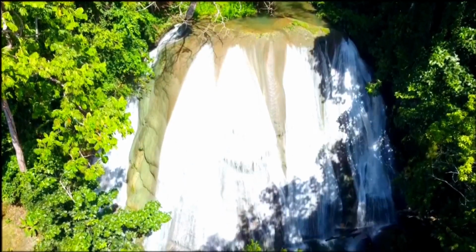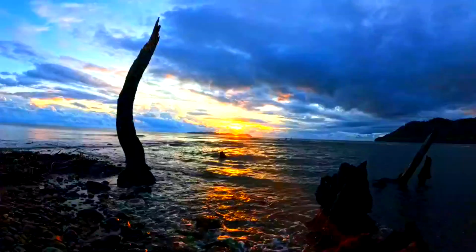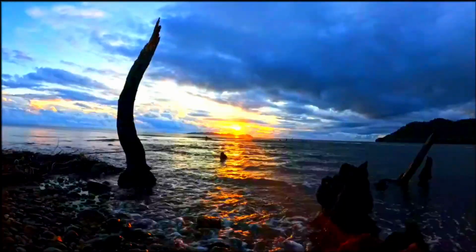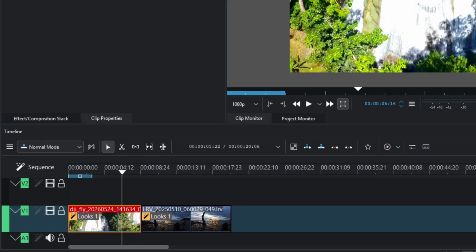In this video, we're going to look at how to create this very simple page turning effect in Kdenlive. It does not look perfect, but it does give you some kind of vibes of page turning. So let's get started. Here we have two videos, and the first one we want to place in video track